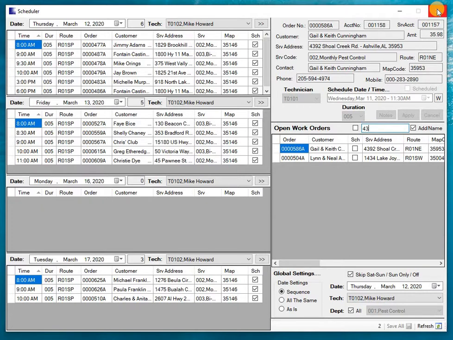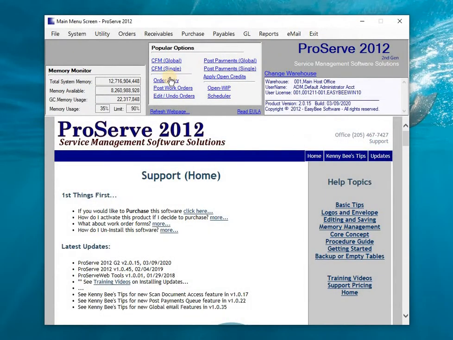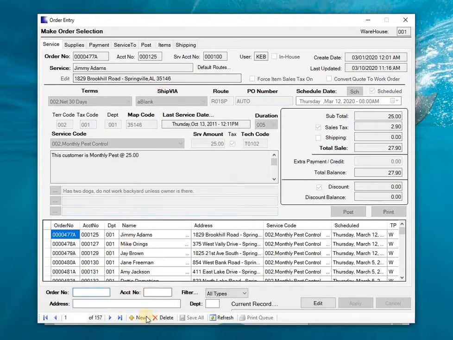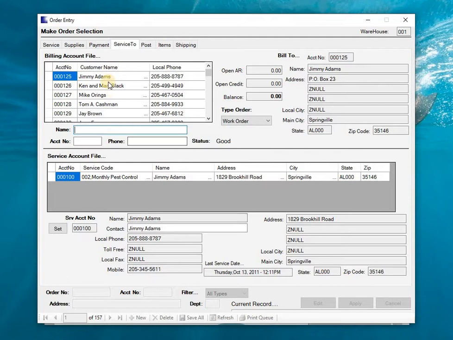So the first thing I would do is make sure I've saved all, that I'm not leaving without saving. I'm going to close my scheduler down. I'm going to go to order entry. Okay. I'm going to select at the bottom of the screen new. Then I'm going to locate the particular customer that had called in that I need to create a ticket for,